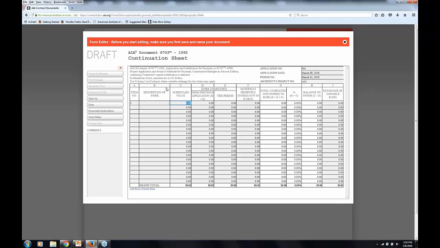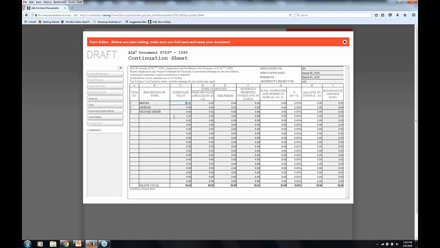And I'm just going to put in some basic information here, say bricks. And then let's see here, mortar. Just some basic things here. I am going to put a change order here just to show that all the line items here, including change orders, they each get their own row. So description of work obviously is description of work, pretty obvious, including change orders here, and then the scheduled value